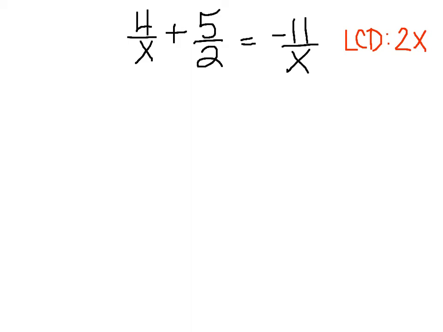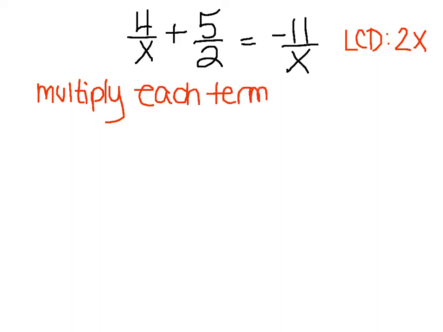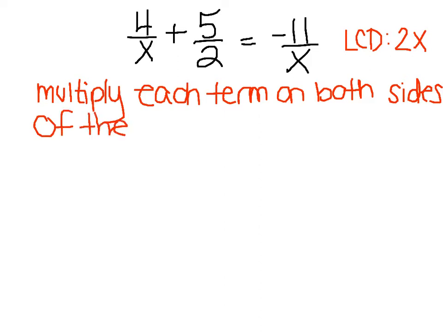So to solve a rational equation, you're going to multiply each term on both sides of the equation by the LCD of the terms. So let me write that. Multiply. This is another way to do this, and it will be easier. Multiply each term on both sides of the equation by the LCD